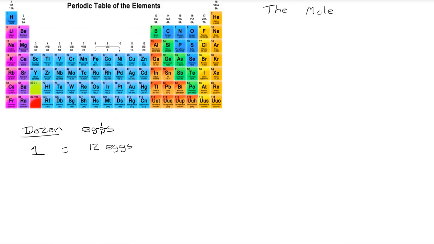Now, within chemistry, instead of saying a dozen, we have what's called a mole. And we use this concept of a mole to count the number of atoms that we have. As we know, atoms are extremely small, so we need this concept of the mole. Just to put it into context, a dozen eggs means that you have 12 eggs. Now, if you had a mole,